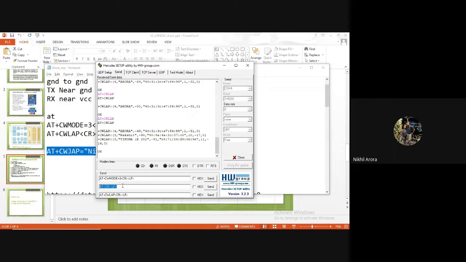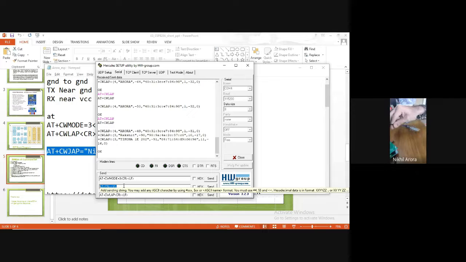Now the next command is join access point. Paste it. What is the username? Arora. Now I have to give the password here.